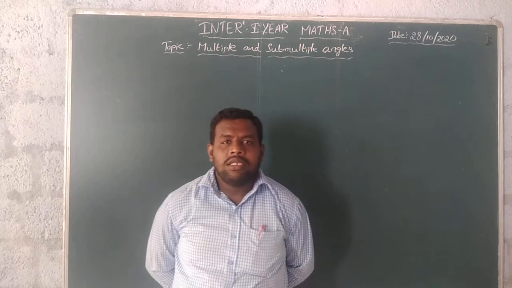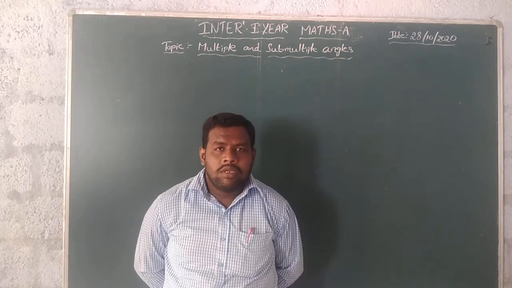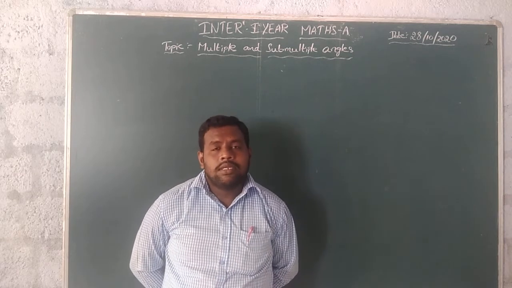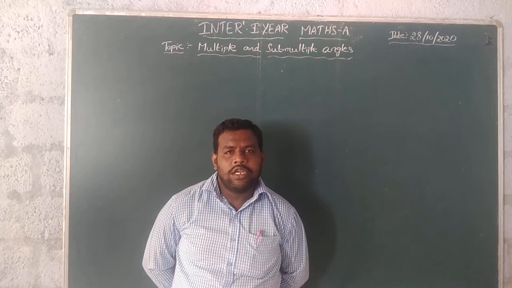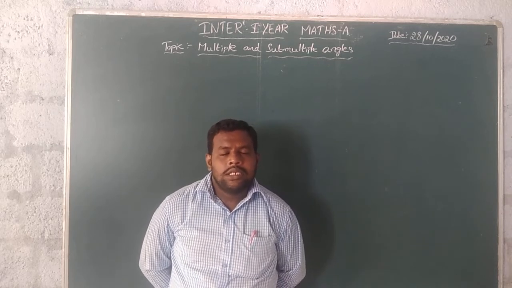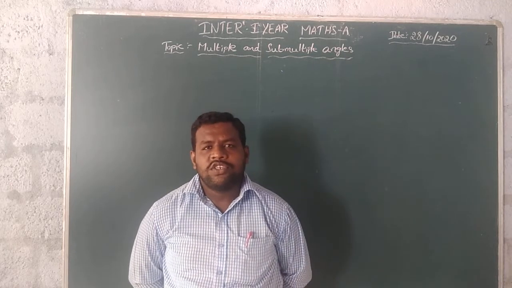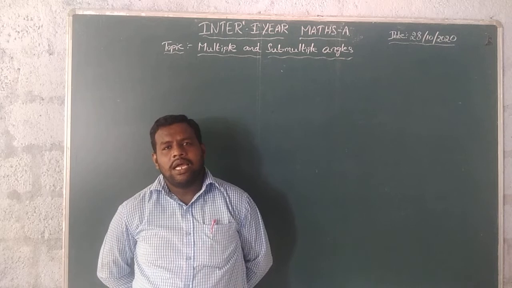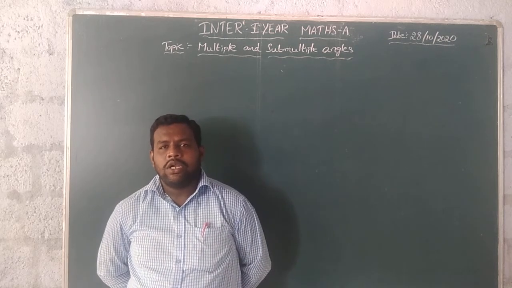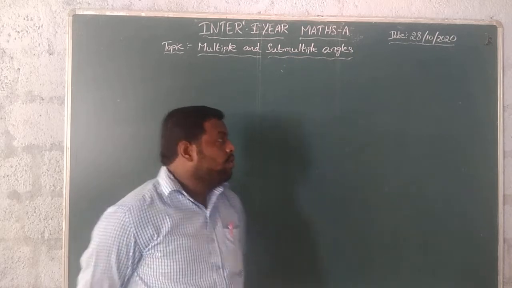In the previous class, we found the values of cos 36 degrees, sin 36, cos 18 degrees. Next, the 22.5 degrees values: sin 22.5 degrees, cos 22.5 degrees, tan 22.5 degrees, and cot 22.5 degrees. Okay, today the first problem is